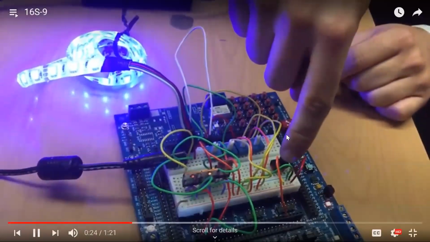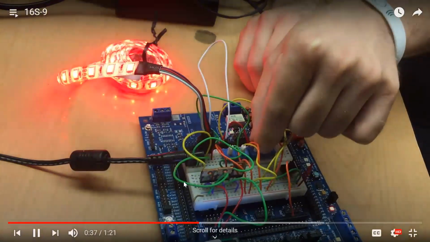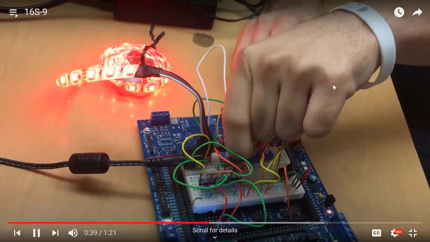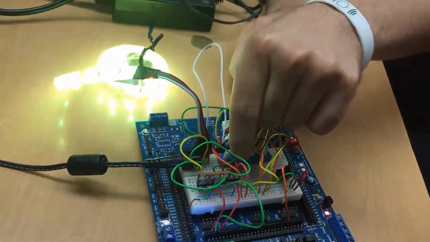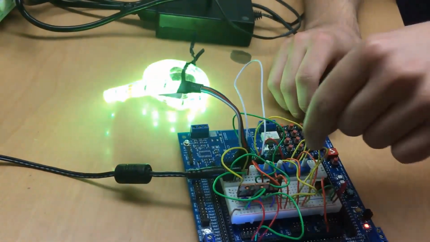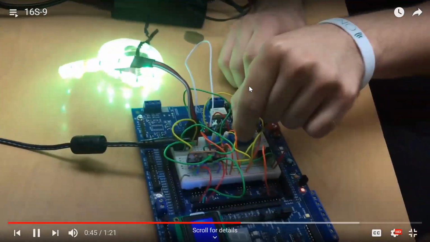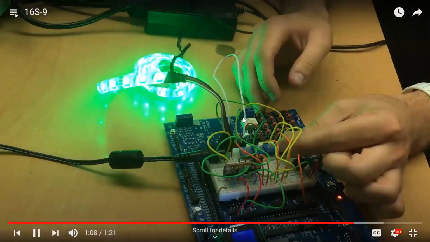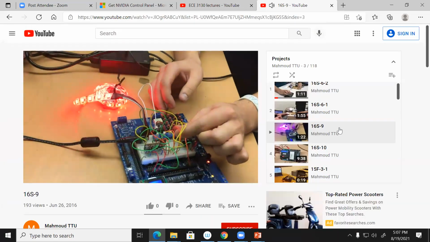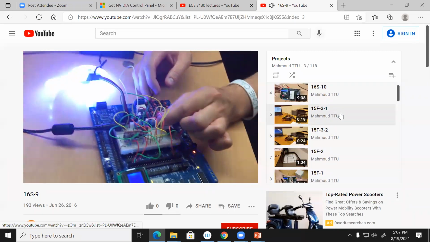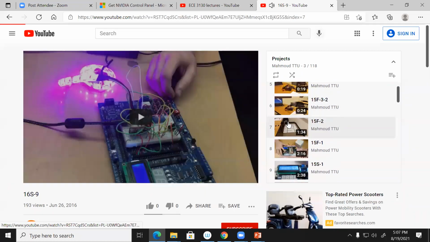And RGB is in standstill mode. You get some pretty creative points. Okay, I'm not going to go through all of them. Yeah, this one's very interesting.